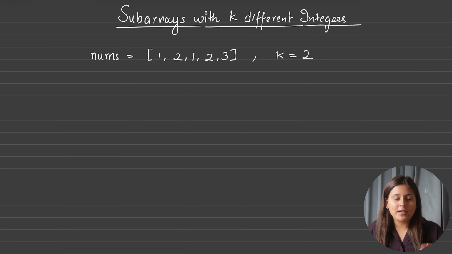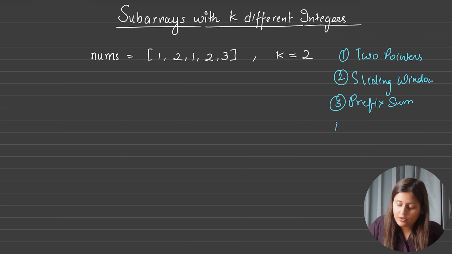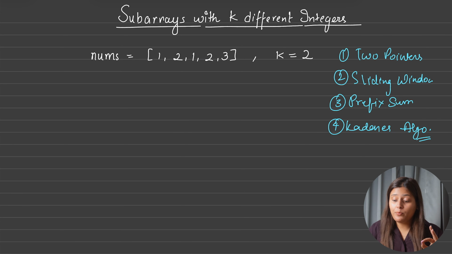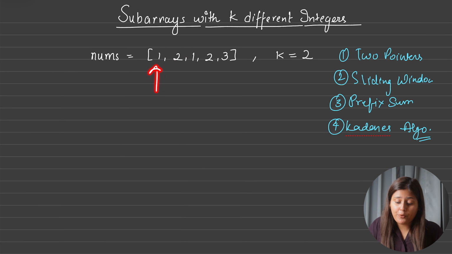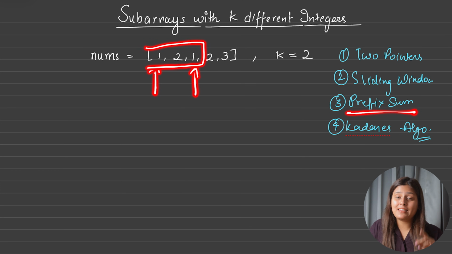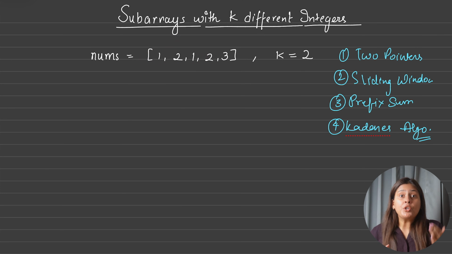So whenever we talk about any optimization in arrays, 4 different patterns come to our mind: two pointers, sliding window, prefix sum, and Kadane's algorithm. And we all know when to apply what. Two pointers when we need exactly 2 points and nothing in between. Sliding window, when from a particular point to a particular point we need everything in between. Prefix sum we will use when we need everything in between and the summation, and that too in multiple queries,